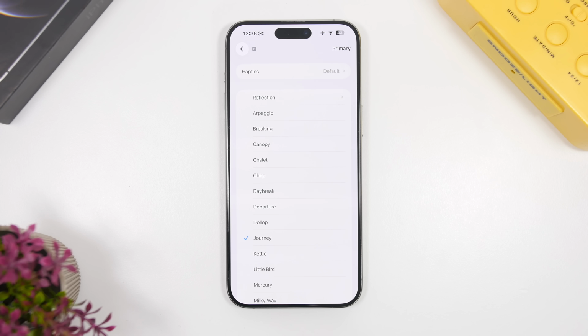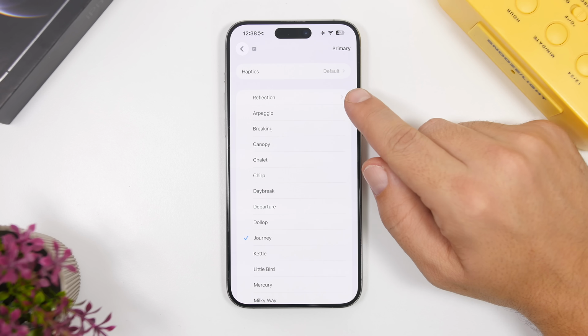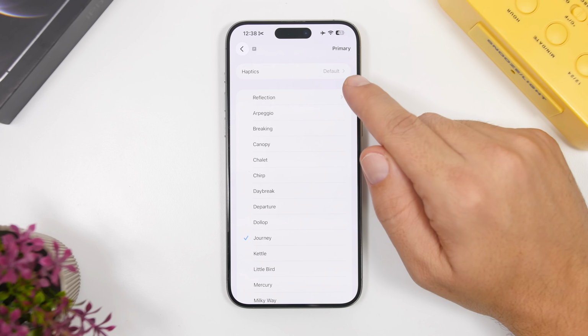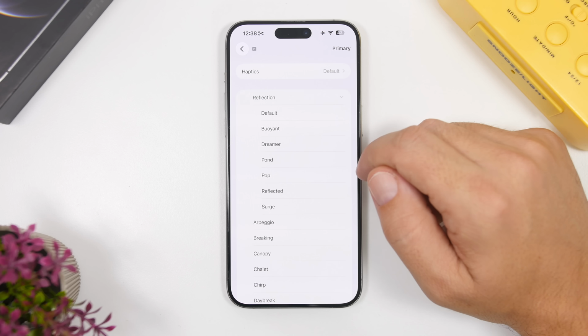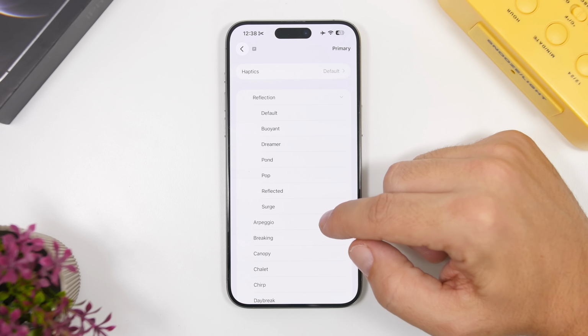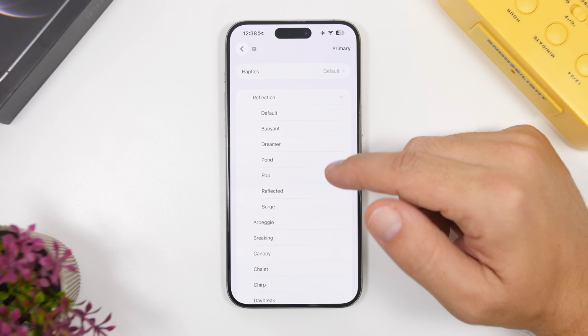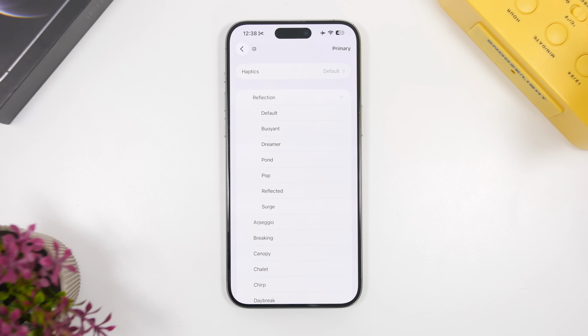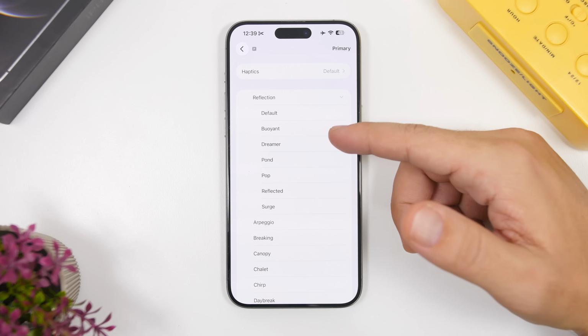Next up, we're talking about ringtones. Did you know that with iOS 26, you now actually have remixes of the classic iPhone ringtone? So there we have the reflection ringtone, which is a default iPhone ringtone. And what you can do right here is tap that little arrow. You can see it's the only one that actually has an arrow. We can tap right there and it shows you different ringtones you can use. These are not different sounds, but these are basically different remixes of the classic ringtone